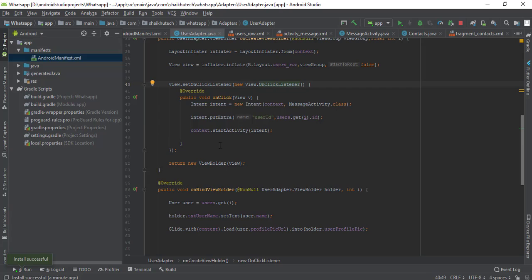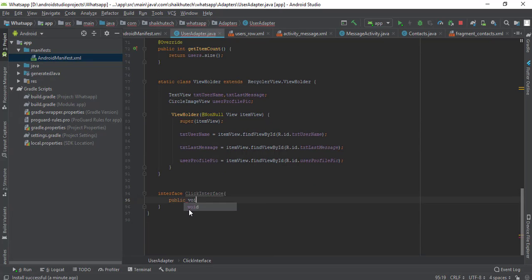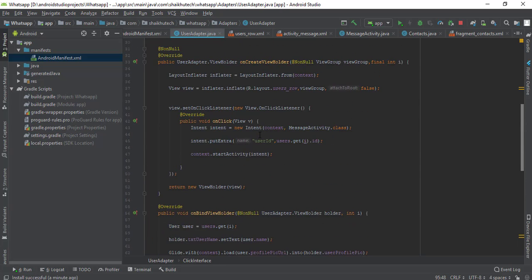There is another way of doing the same thing, and that's by using an interface. This view onClickListener isn't working the way we wanted it to work, so I'm going to create an interface here. Just pass in two things, a view and an integer position, and I'm going to go to my